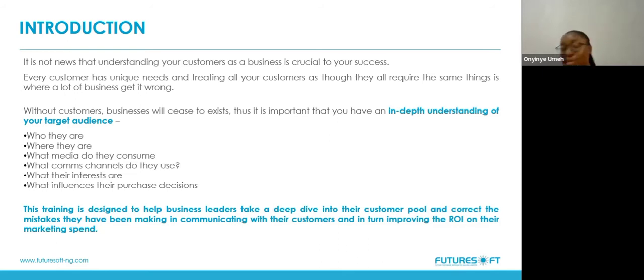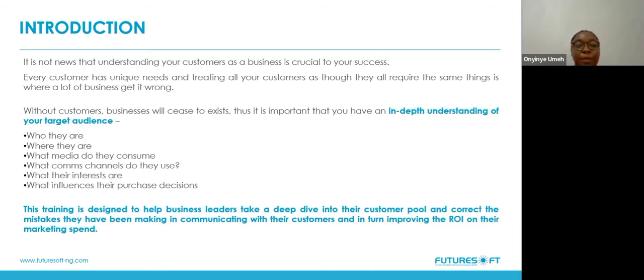So it's important to know who your customers are, where they are, how they operate in the spaces where they exist, the media that they consume, the sort of things that they like to read, to watch, and to hear. It's important to know those channels that they exist in and how they exist on those channels. It's also important to know what they are interested in. If you know what your customers are interested in, you would know how to tell stories around that interest, so that it sparks interest in them to patronize your business.